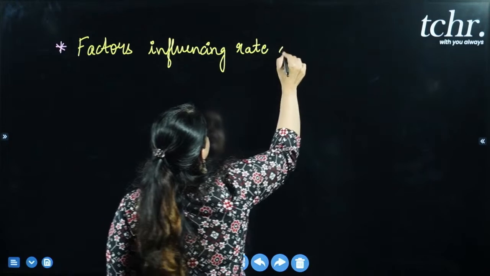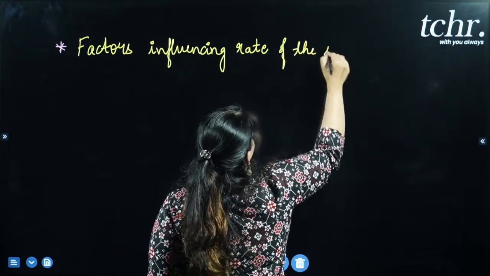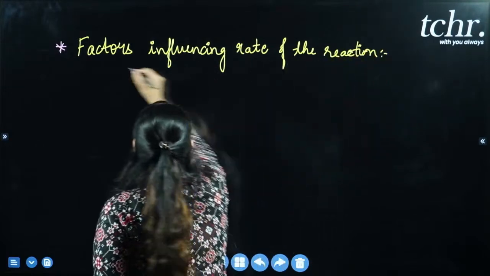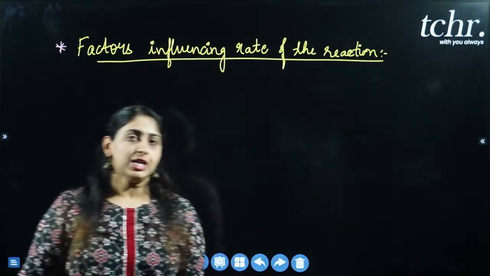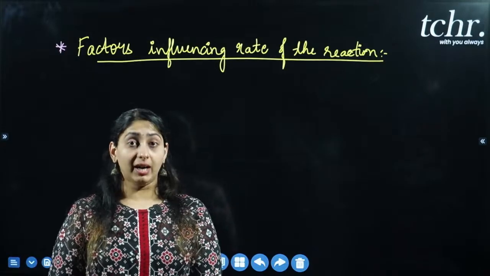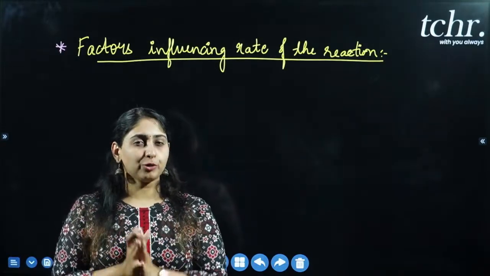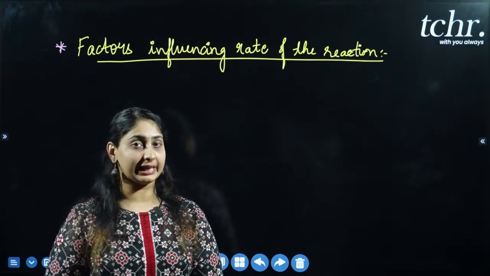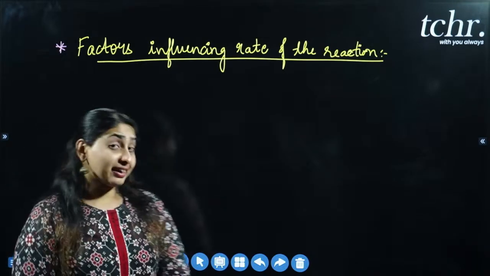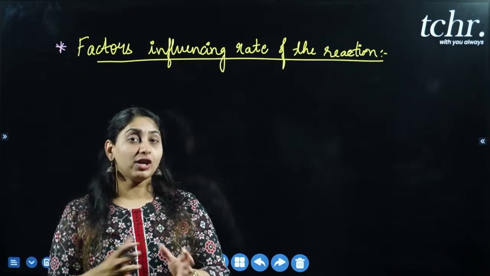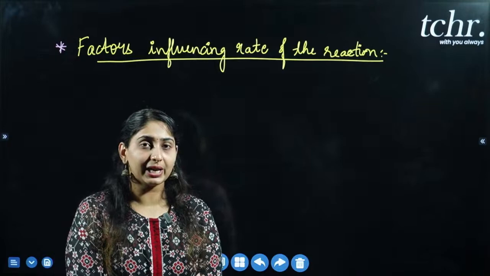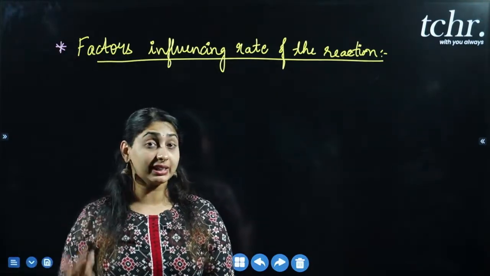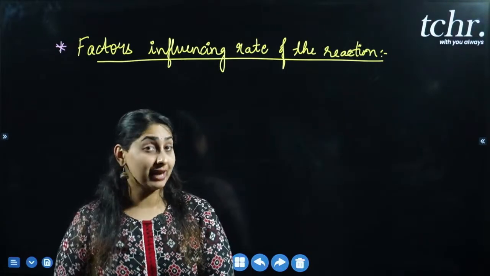Factors influencing the rate of the reaction. What did you understand from this topic that I have written here? When we conduct any chemical reaction, we have a rough idea of how to find the rate of the reaction, the speed of the reaction. But knowing the factors, how do you alter a particular reaction? Suppose a reaction is proceeding very slowly, how do we enhance its speed? How can we predict what needs to be done?